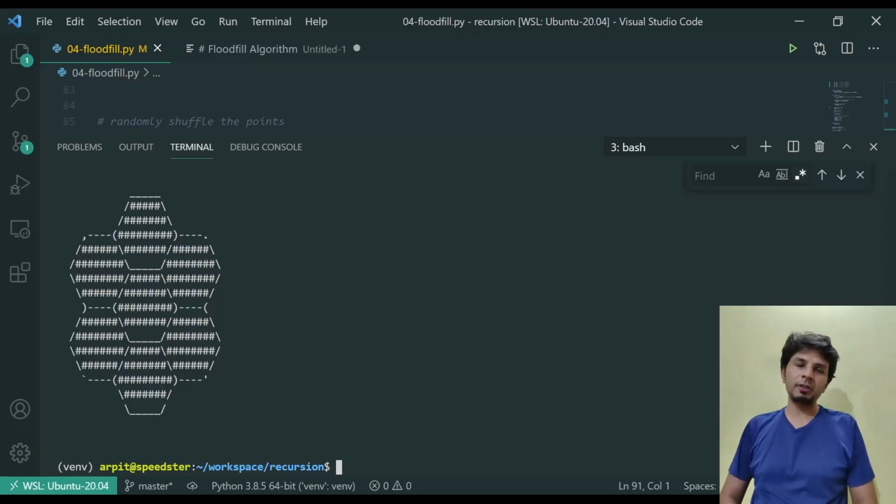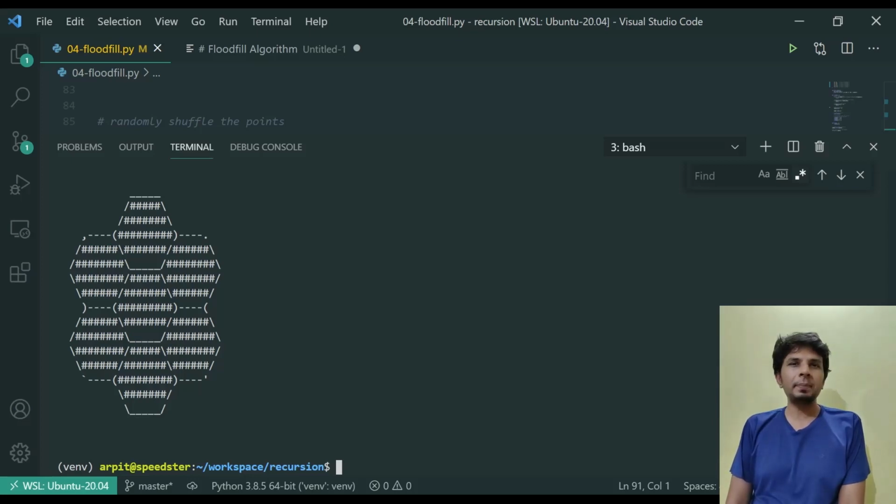So in this one, we'll be seeing a very interesting visualization of flood fill, and we'll see where we can see the flood fill algorithm in action. Right. So coming back to the problem statement, given any irregular shape, I want to fill it with a certain color. The idea is very simple.